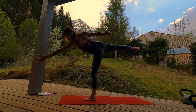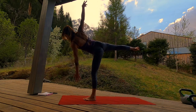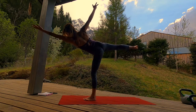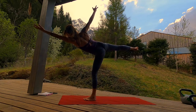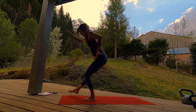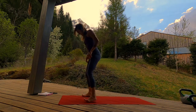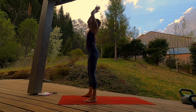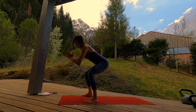And see if you can maintain calm breath through the nose, whatever position you prefer for your arms. And as you exhale, we'll release, taking your right foot down. Inhale, we'll extend the arms up. And as you exhale, we'll come down